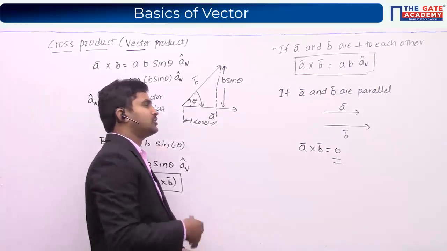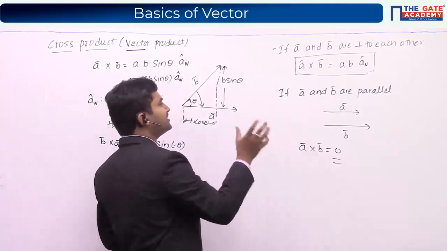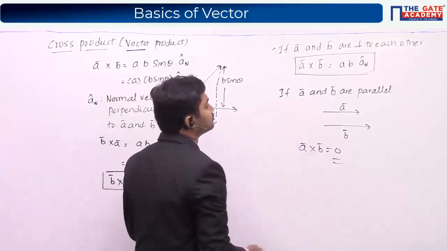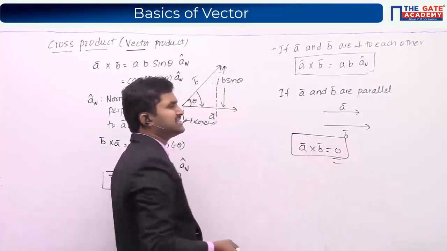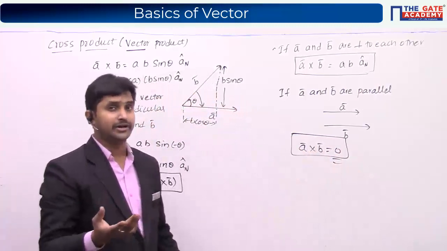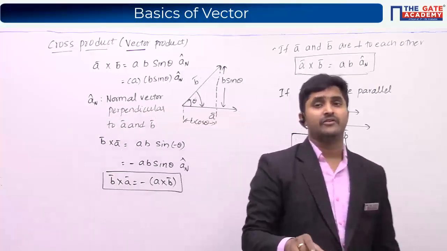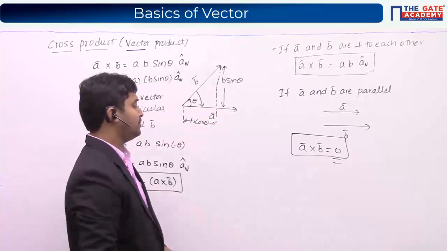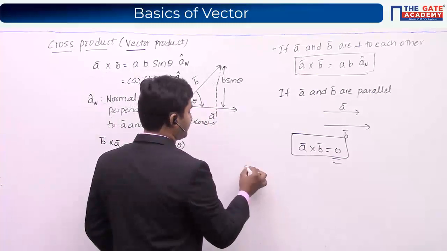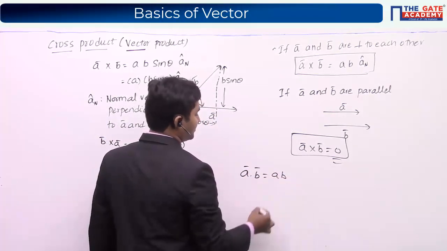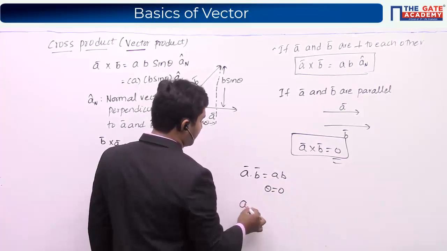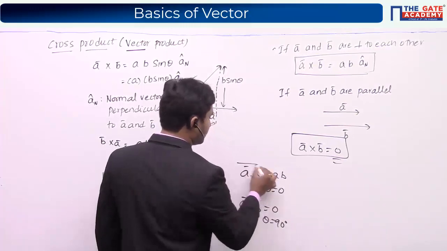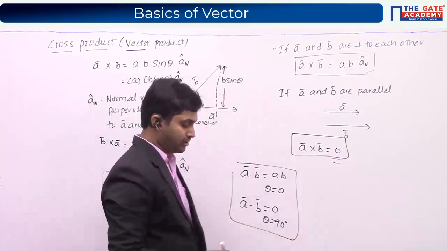Okay? So the cross product comes into picture when there is an angle between two vectors. If the angle is 0, then the cross product result will also be 0. Just opposite to the concept of dot product. The dot product will be maximum when they are parallel vectors. We write A bar dot B bar equals AB when theta is equal to 0. But A bar dot B bar will be 0 when theta is equal to 90 degrees. So exactly the opposite result you are getting in the case of the cross product.